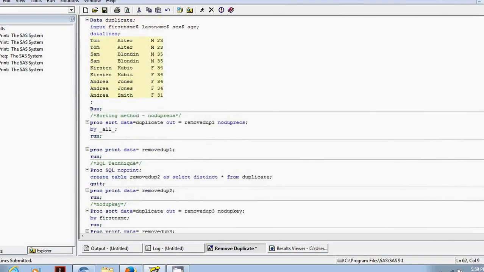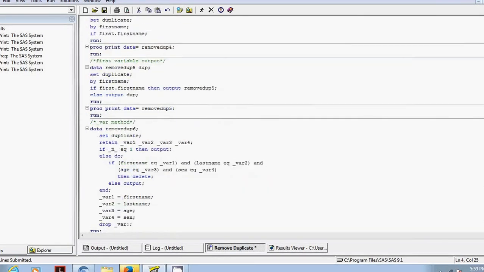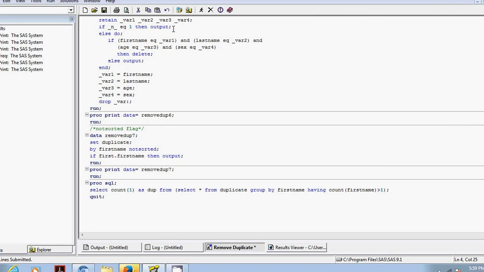Like if it comes and sees Tom Alter first, it is going to only take Tom, which is the first instance. That's why if the number is equal to 1, only then it will take the first instance or the first value of the variable.